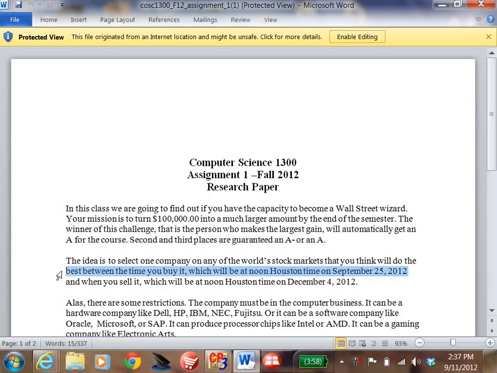So the idea is to select one company on any of the world's stock markets. That is, there are three main U.S. stock markets, right? There's the New York Stock Exchange, the American Stock Exchange, and the NASDAQ Stock Exchange, okay? But there's a stock market in Japan, in England, and Germany, all around the world. And the idea is to select one company on any of the world's stock markets that you think will do the best between the time you buy it